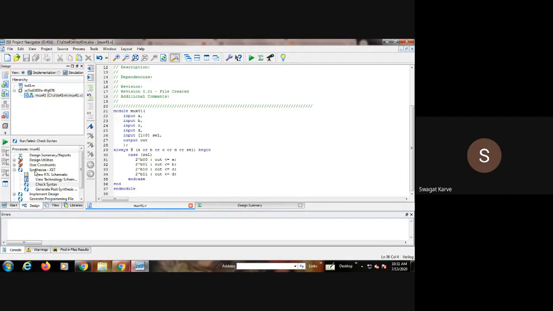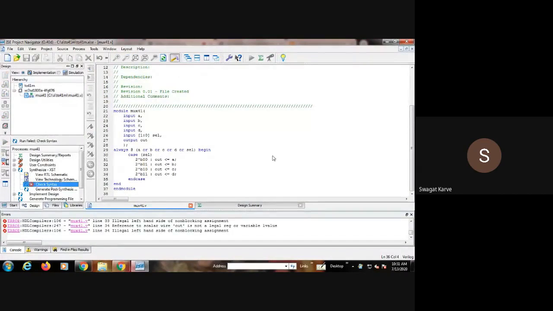Again we will check the syntax. Again it is showing the error. Check the code. Okay, always @(A or B or C or D or select), begin case, end case.